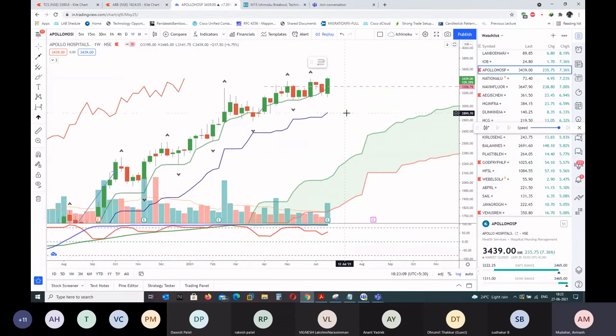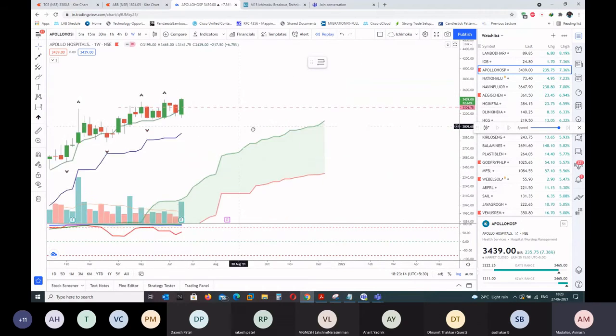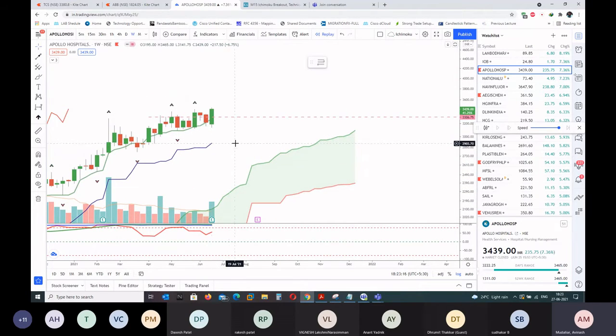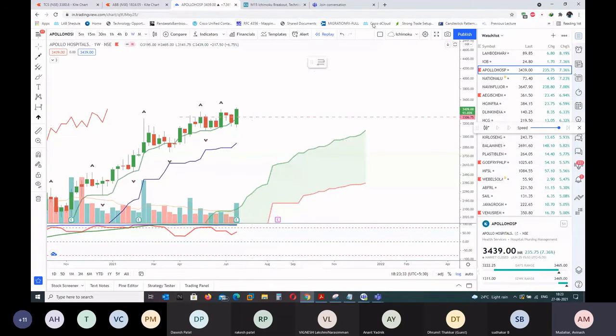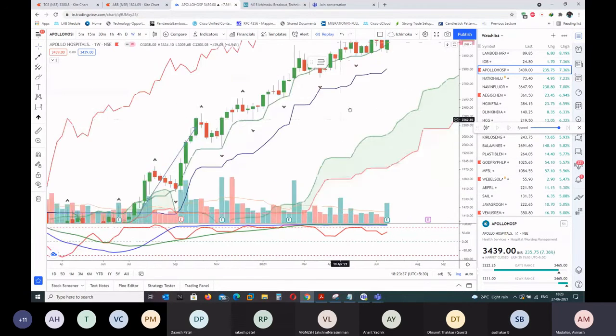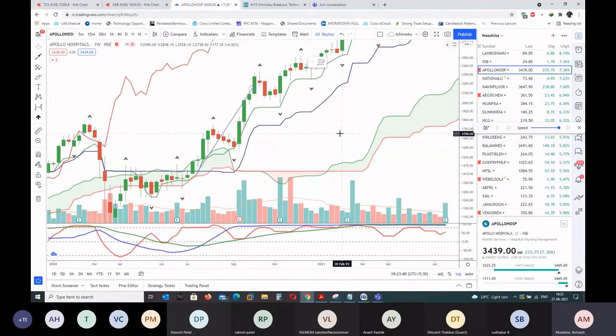Until now, it has never touched Kijun Sen. So if you have not purchased Apollo and you want a better rate, simply put a GTT order every week. Simply revise it with the Kijun Sen value. You exit at a loss if it goes opposite and closes below the Kijun Sen value, the Kijun Sen candle low, close low. If it breaks that, then you can exit. Else, if it works out, it will make a new 2-week high and it will make huge money. So this is the Kijun Sen first touch concept.